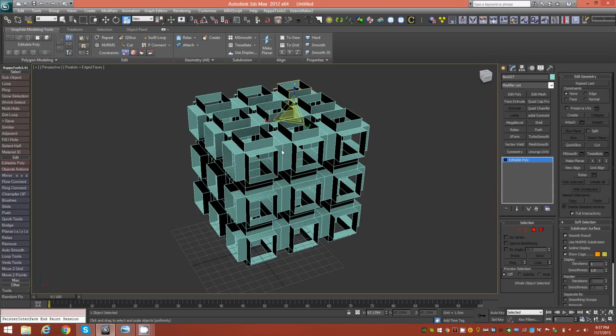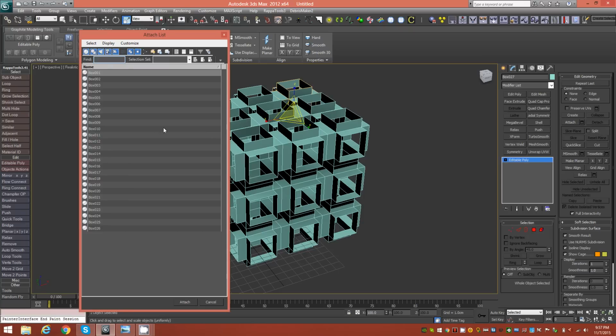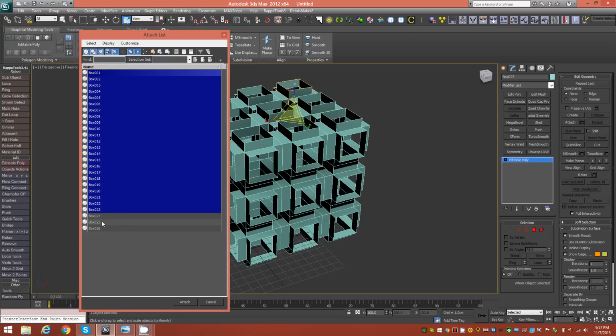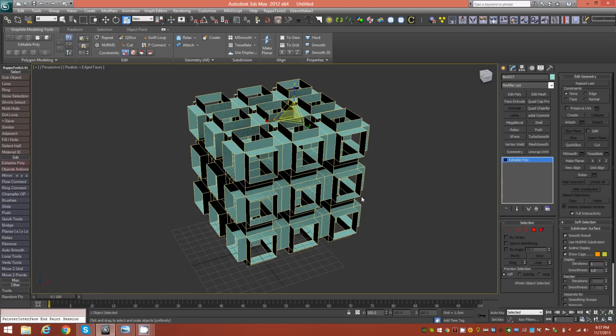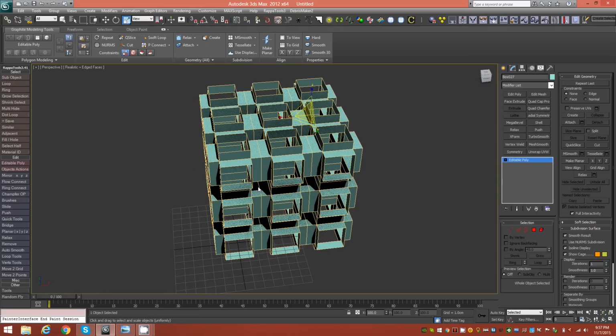All right, so what we'll want to do is go ahead and select one of the objects, and then in the command panel for that object, right next to the attach button is a little square that is for the attach list. We'll go ahead and open that up and highlight every object that's in the list and click the attach button, and that has now attached all of the objects in the scene together